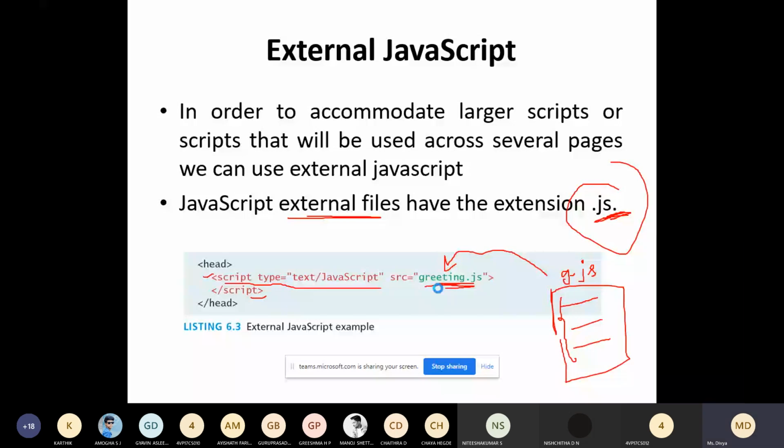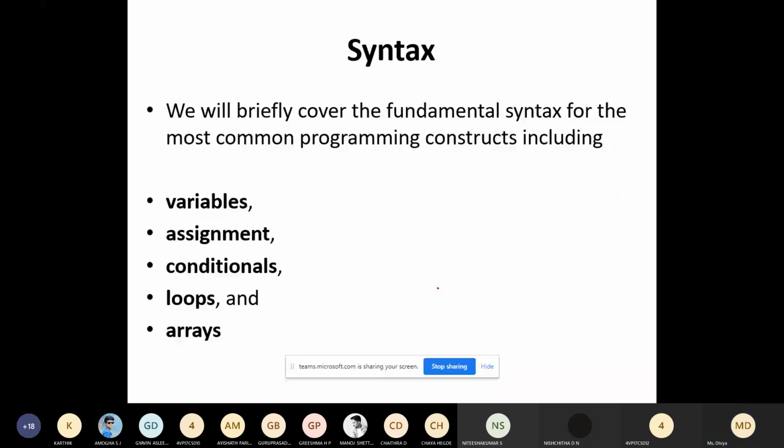The next topic we study is syntax, some fundamental syntax before writing JavaScript programs. We have already executed a few programs in JavaScript in the lab, so it is not a big problem to understand the JavaScript code.